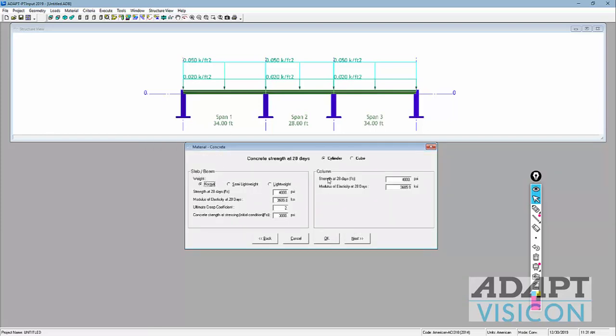In the concrete strength at 28 days, we're going to change this to 5,000. If you press tab, the modulus does not update, so you'd have to manually update this. If you press enter, this gets updated, and enter would then sequence through the different cells. So we'll go down here to